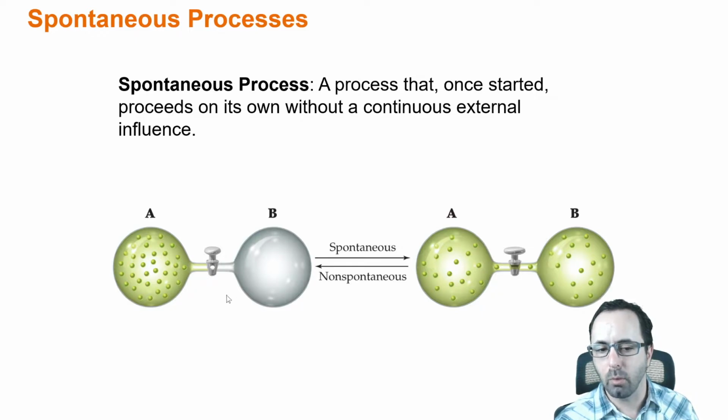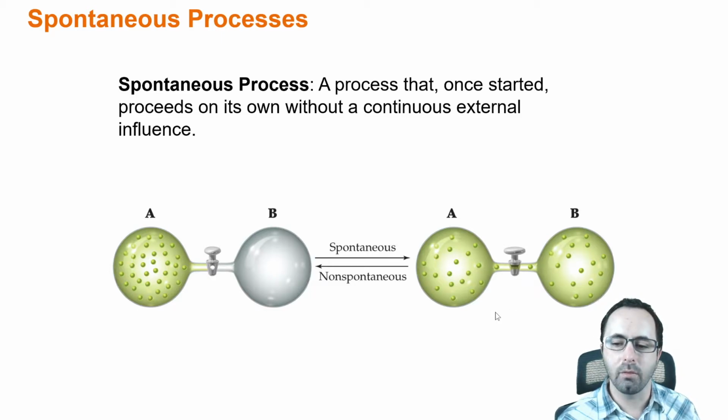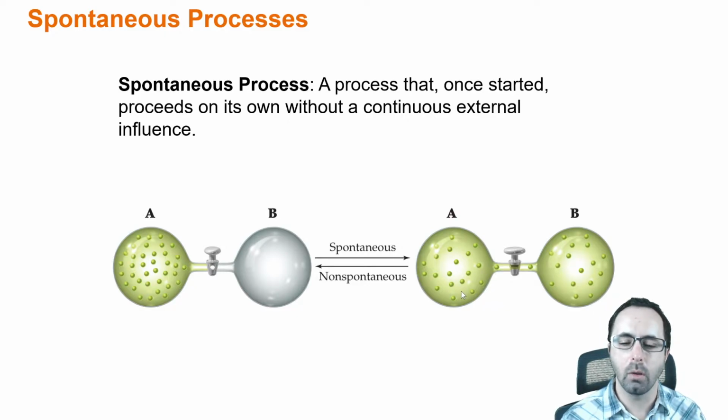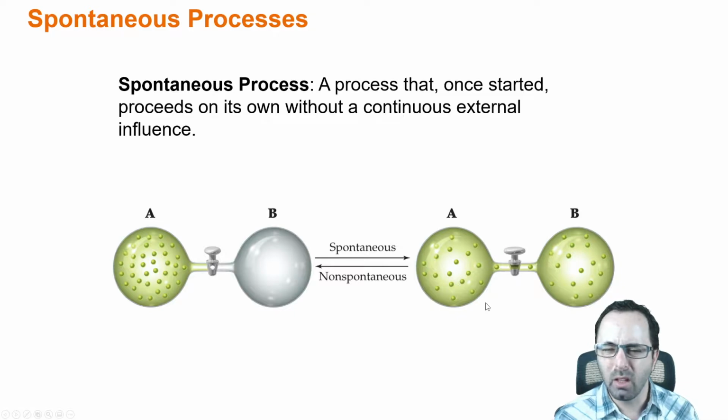As we go from left to right, we've got a flask full of gases here. You could think of this as your tire full of high pressure gas. Then you open the valve here, and once it's open, the gas can flow freely from the left flask to the right flask, and it will spontaneously flow until the pressures in both flasks are equalized, and that is a spontaneous process. The reverse, going from these two flasks and then suddenly having an empty flask on one side and a full flask on the other while they're still open, is something that you really wouldn't expect to happen. So we always have a sense for what's spontaneous and what isn't.